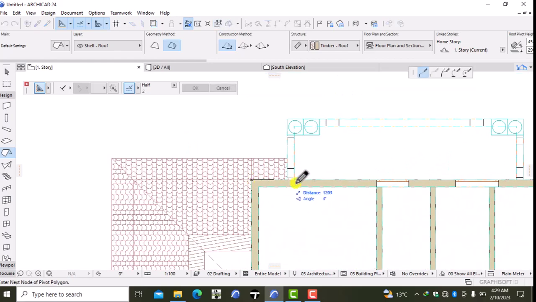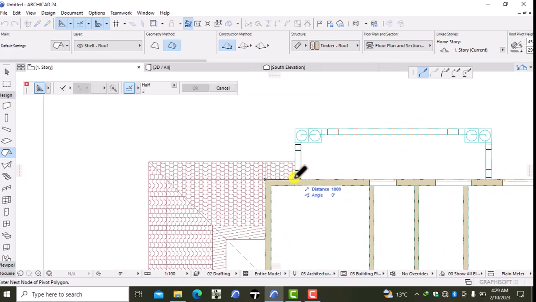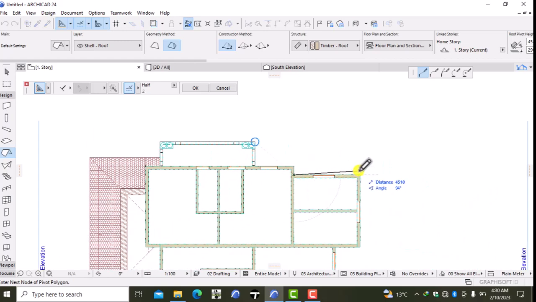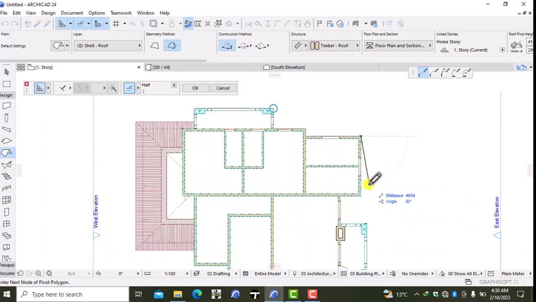We basically do practically what we had done previously on the ground floor. So we're just doing these roofs,